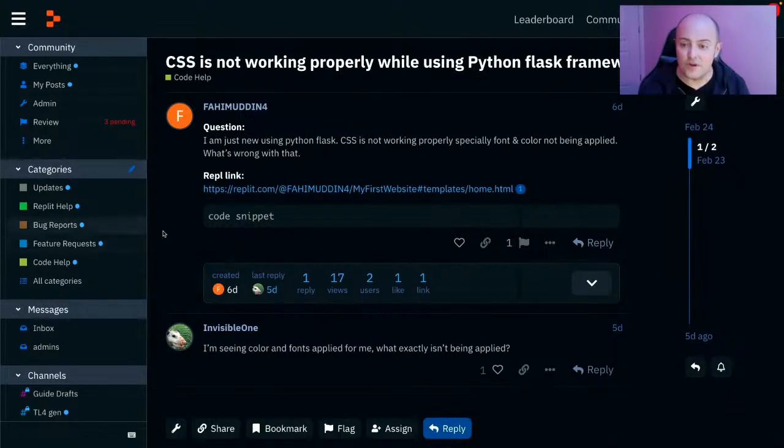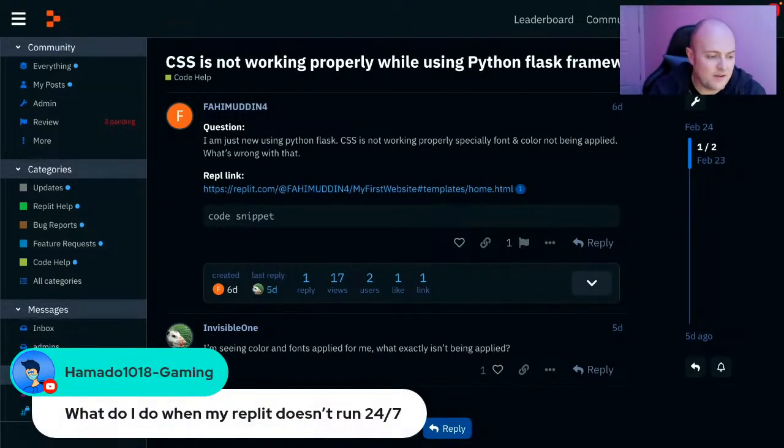Okay, so we've got some questions in the chat now that will pop up. Hamado says, what do I do when my Replit doesn't run 24/7? So Hamado, I'm going to have to ask you to give a bit more detail on that one, because